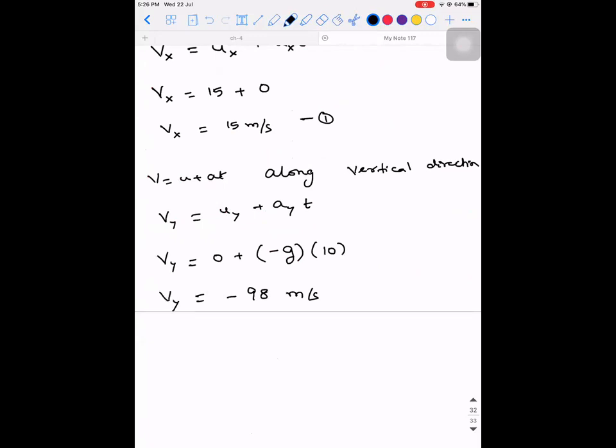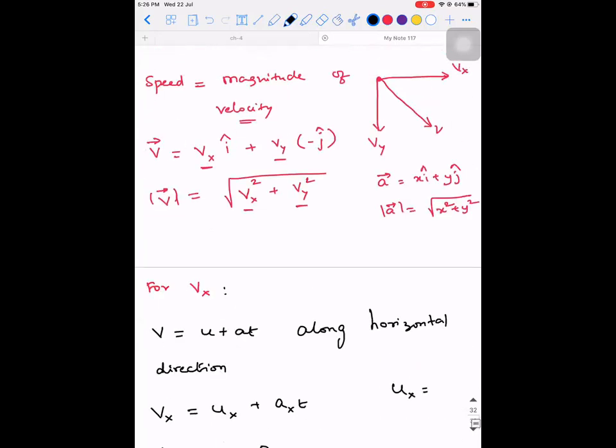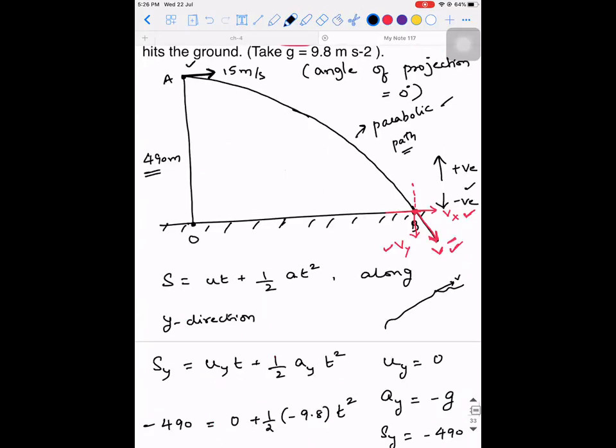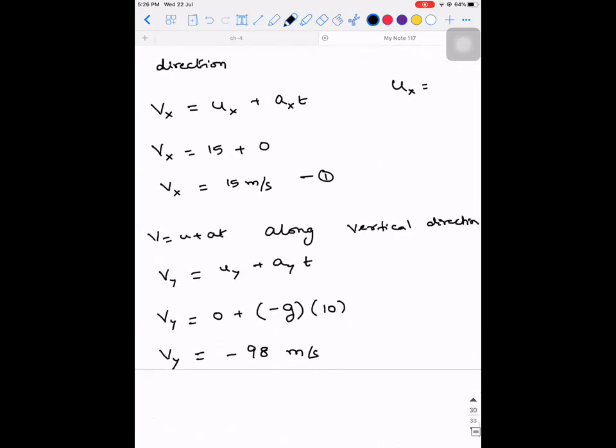So what is the minus? I have a doubt, sir. Yeah, tell me. This minus stands only for the direction, no, sir? Yes, it is direction, because we are getting the minus sign due to our sign convention. We said anything in the downward direction is negative. So by getting the answer as minus 98 meter per second, you are able to understand that the velocity along y direction is downward, because downward is what you consider as negative. Am I right? Yes, sir. So that is why you got minus 98 meter per second.